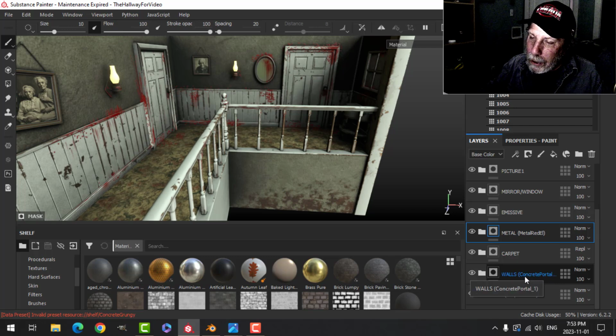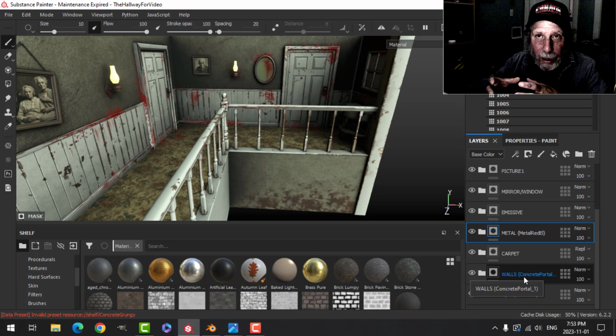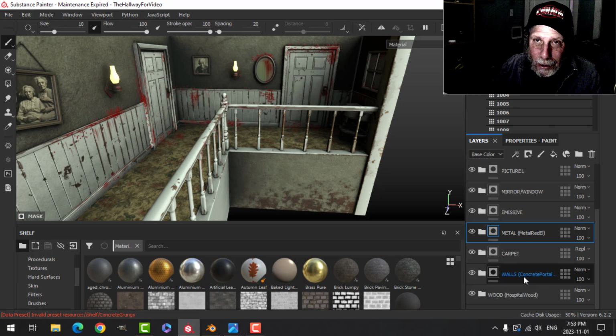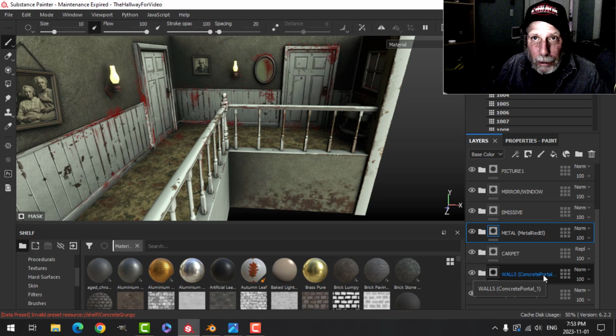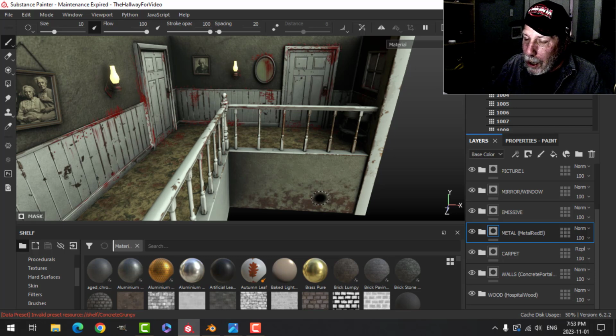When I created my dungeon, there was a dungeon scene that I made with the tentacles coming out of this round portal-like thing, and there were also the jail cells. I will link you to that video. The material that I created, this concrete portal material, ends up looking a little bit different in that scene than it does here. But it still is basically the same material, so you can see how that was made